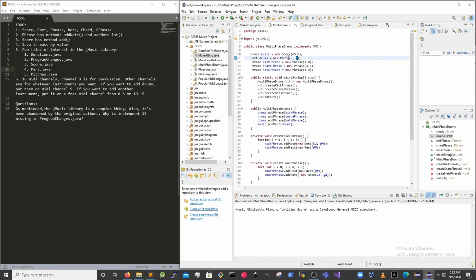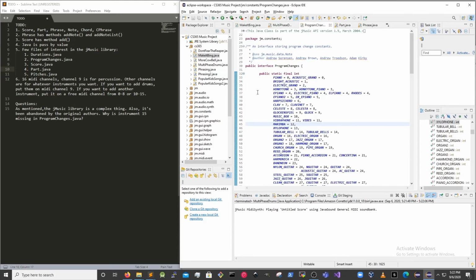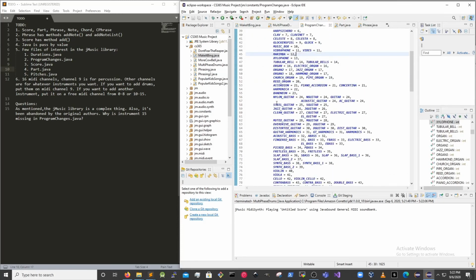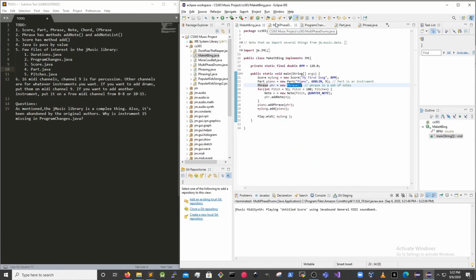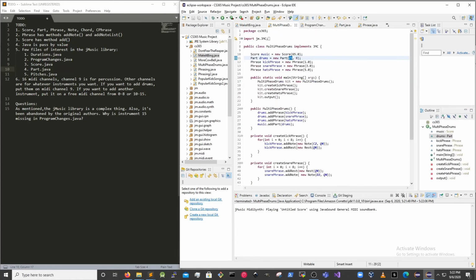We can look at what instrument 25 is if we come back here to this program changes file. 25 is a steel guitar, so that would be the same as if we had put in steel guitar, but it doesn't matter. That's going to be ignored because this is on the percussion channel. So you see, even if I put in steel guitar, it's still going to sound like drums because it's going to ignore that, because on MIDI channel 9 it's